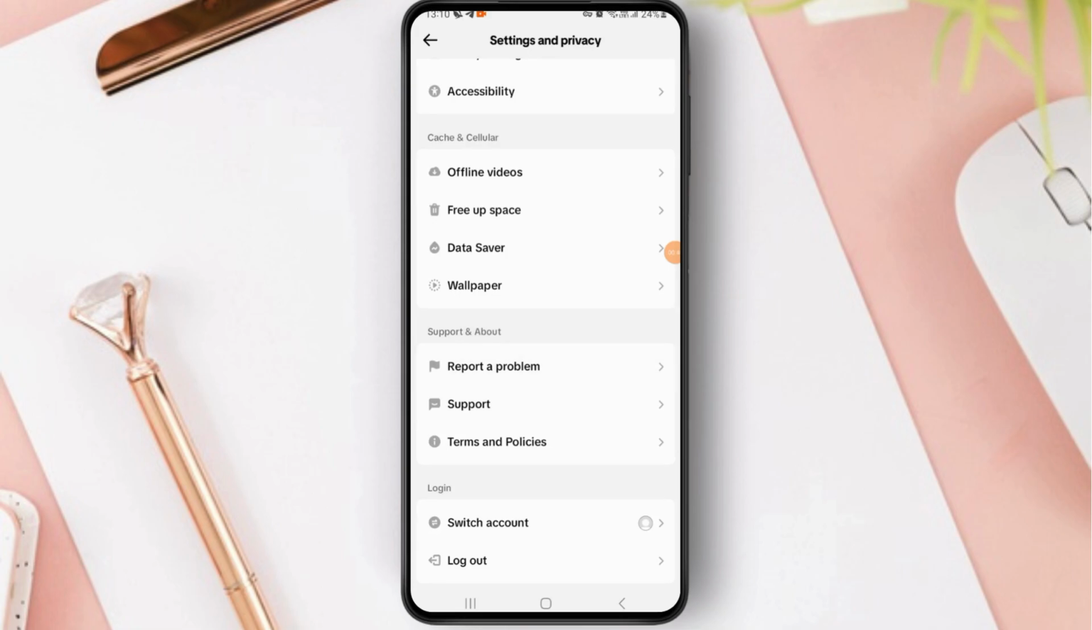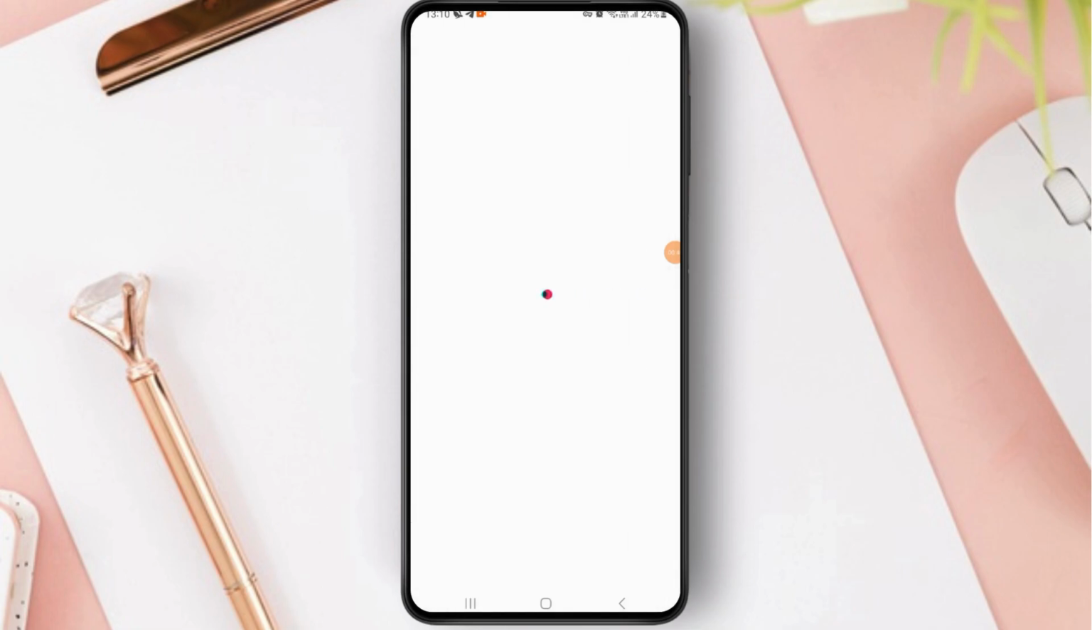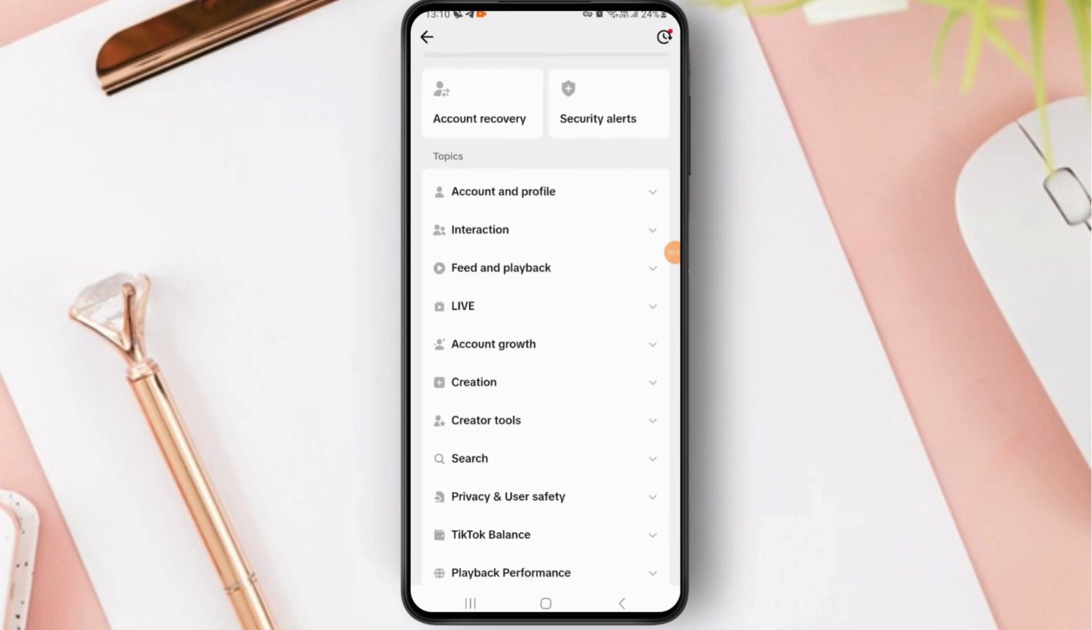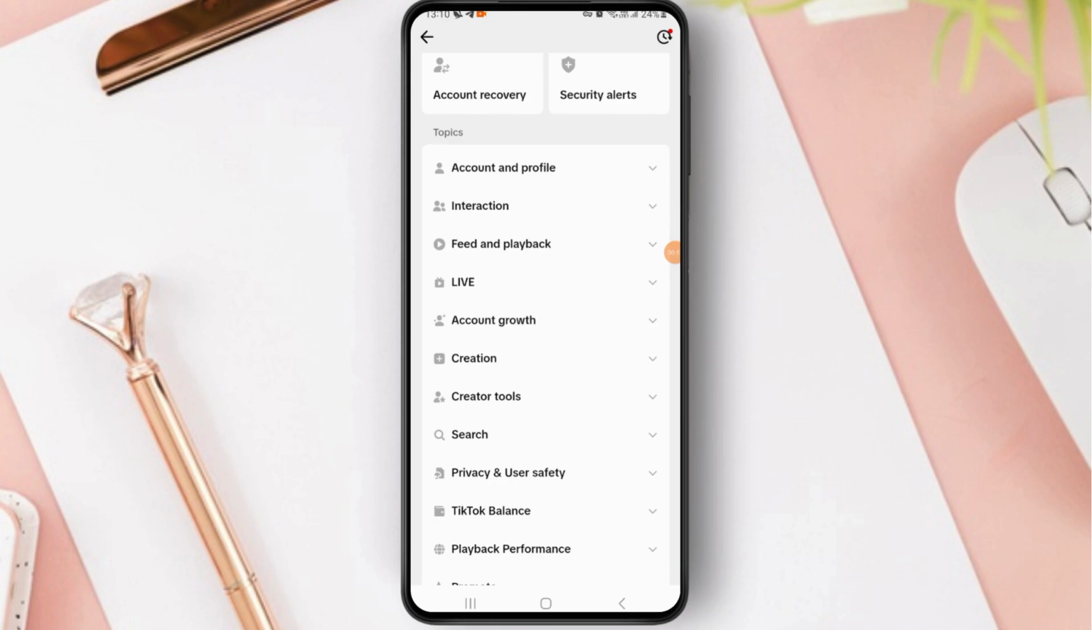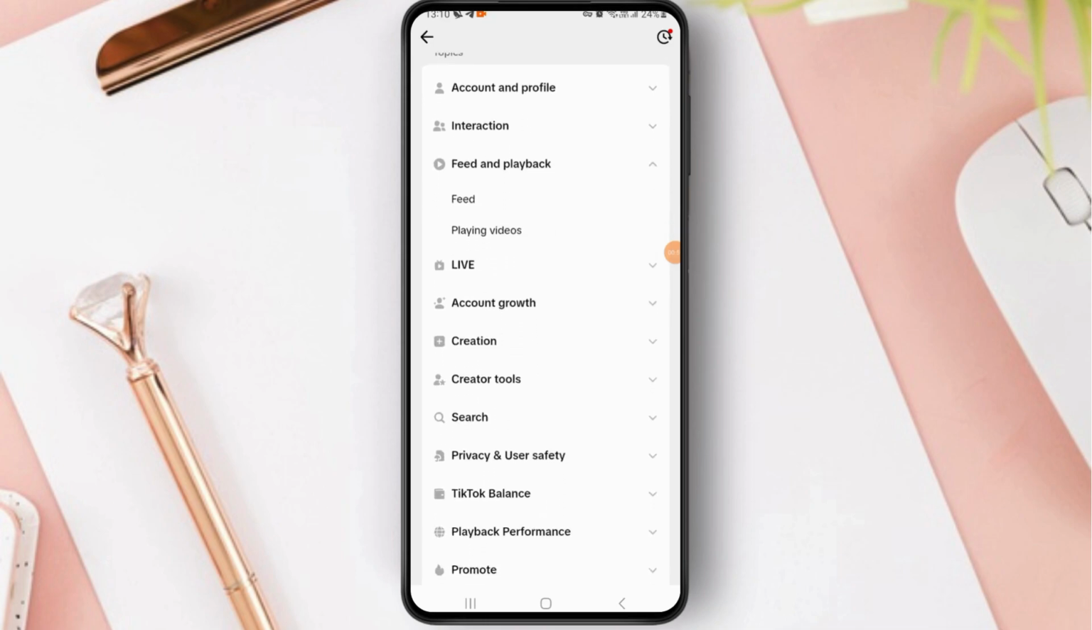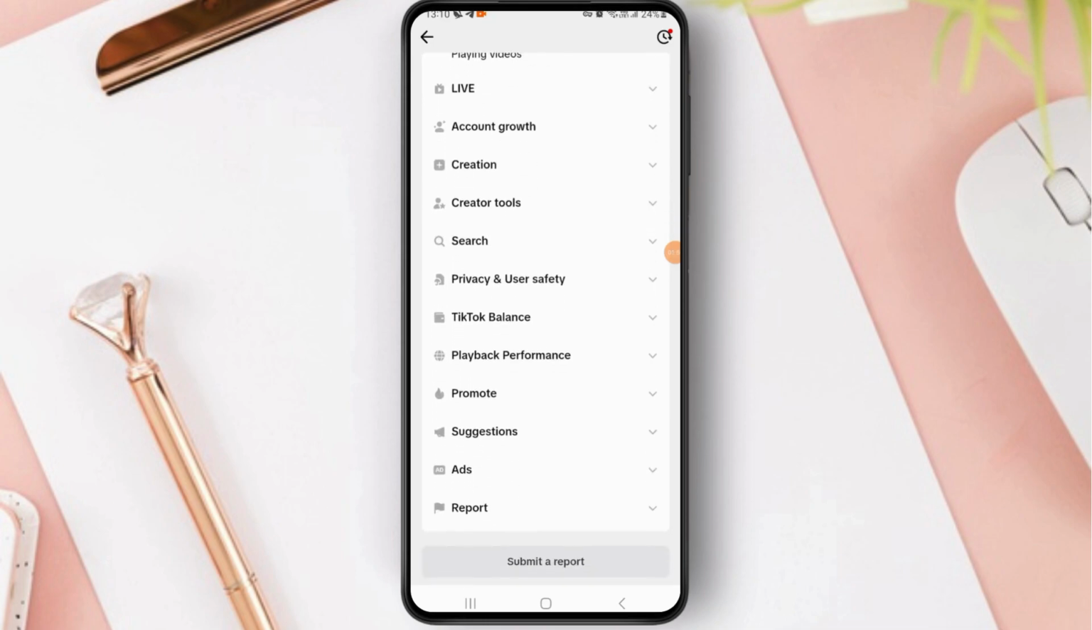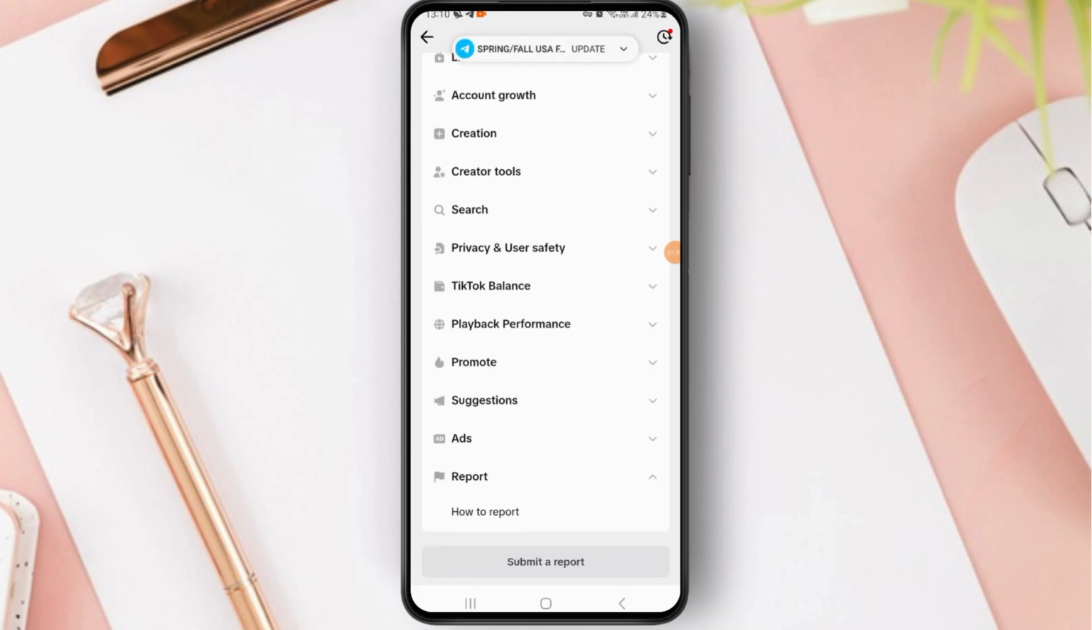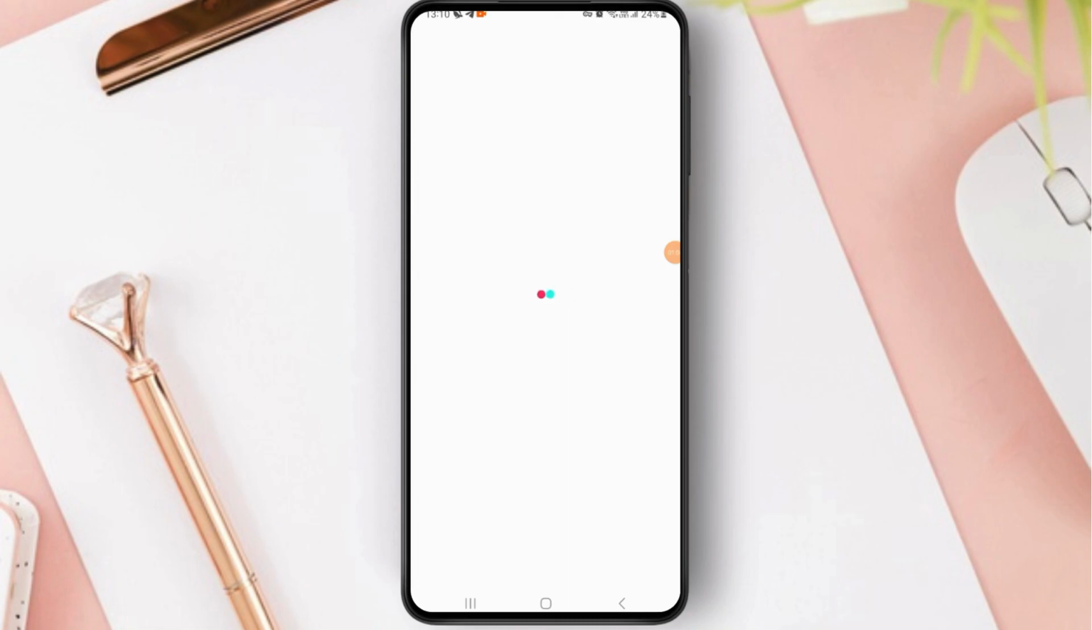Tap on report a problem, and once you tap on that, it's loading. Wait for a moment guys. And once you go to report a problem, you come to this section where you can see feed and playback. Tap on that, and once you do that, scroll down to report and tap on how to report,